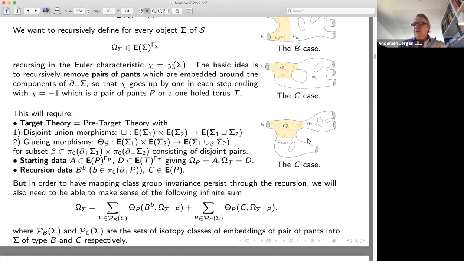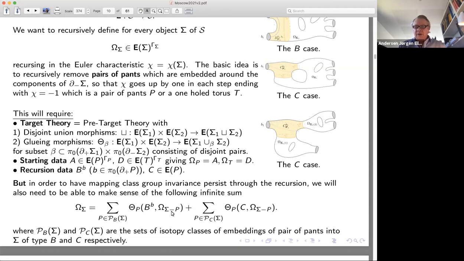But we will use the same C for those two cases, although we could vary that if you want. But this is so that it aligns well with topological recursion. And now our attempt is simply to say, very good, we will sum over all pair of pants of type B. We will apply the gluing map to this recursion kernel combined with what we already have constructed, because this has